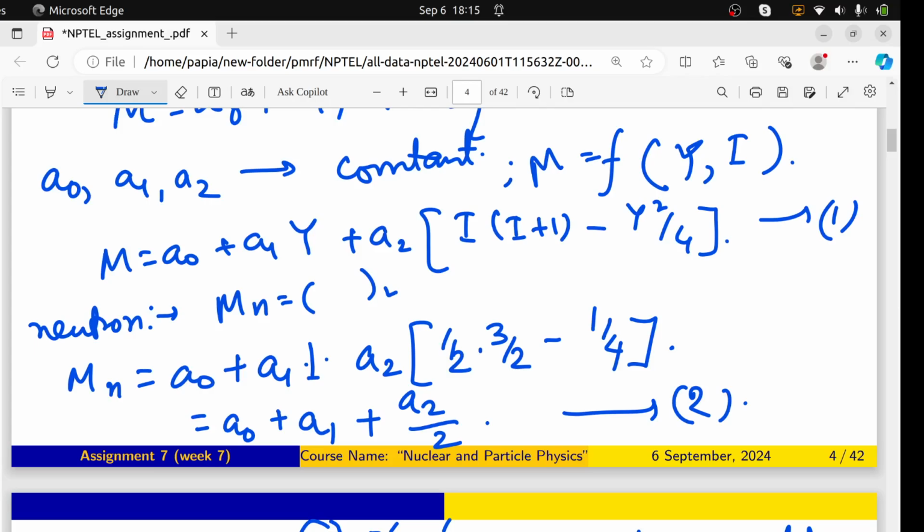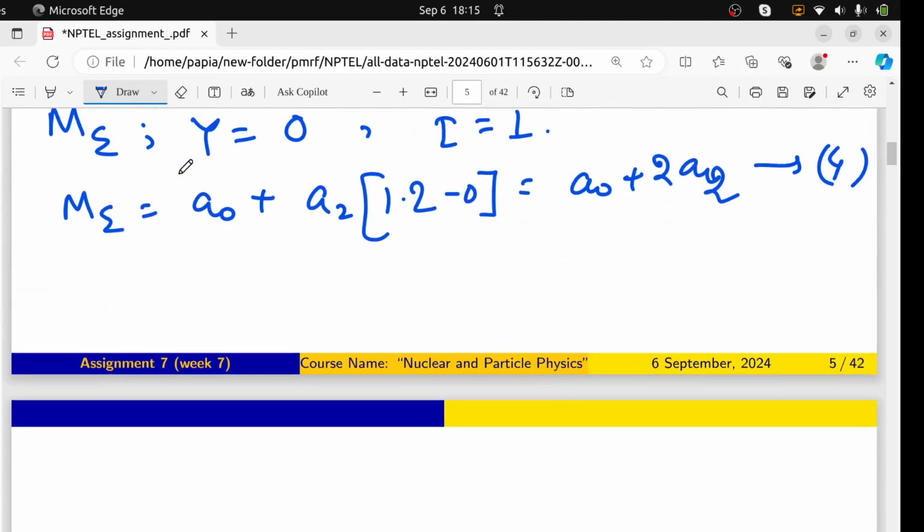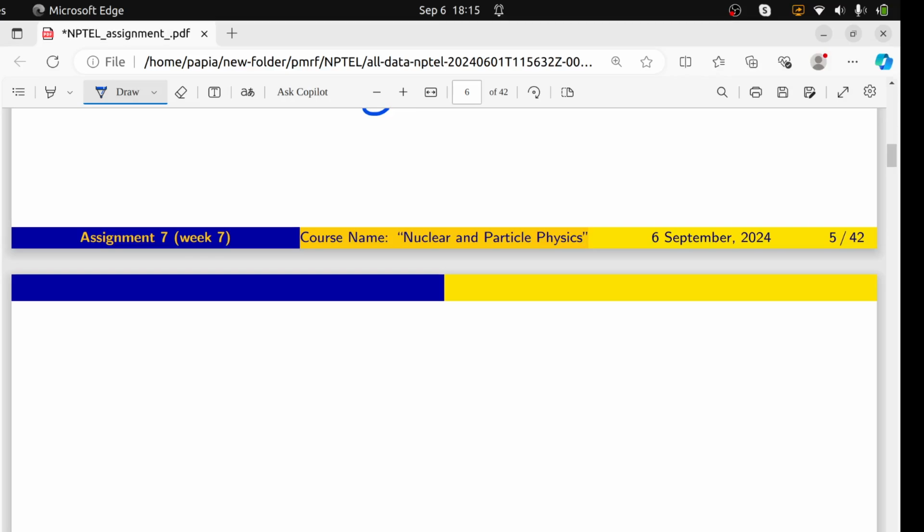So obviously from these three equations, three unknowns can be calculated, right? So from that we can get the values of a0, a1 and a2 in terms of mn, m cascade, m sigma. Okay, but before going to this long calculation, we need to check for m lambda,